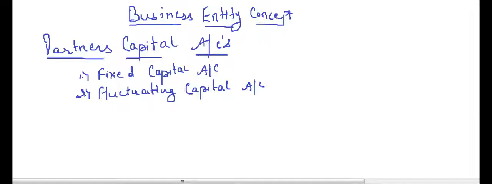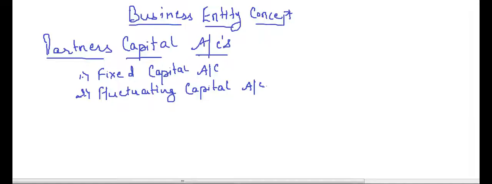And the transactions from the profit and loss appropriation account will not reflect in the partners capital account. Then where will these transactions go? If they are not to appear in the partners capital account, they will appear somewhere to get the partners balance,